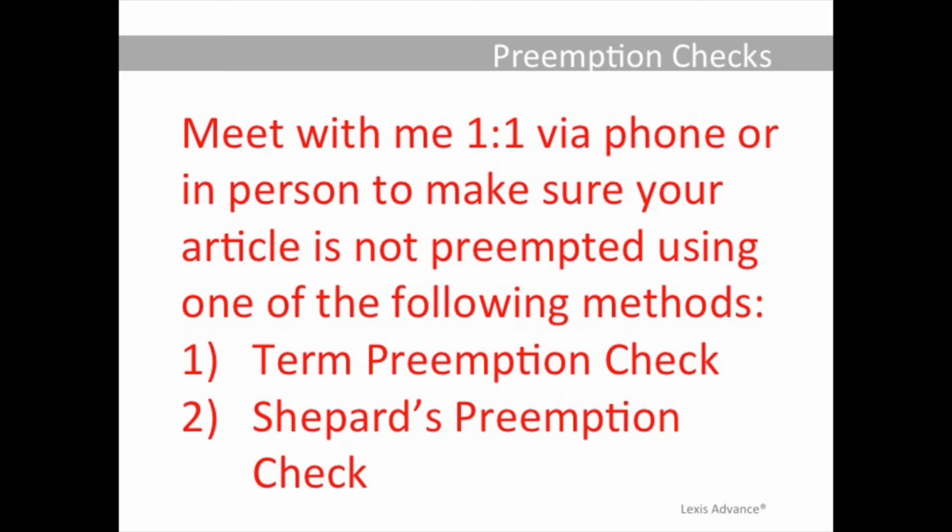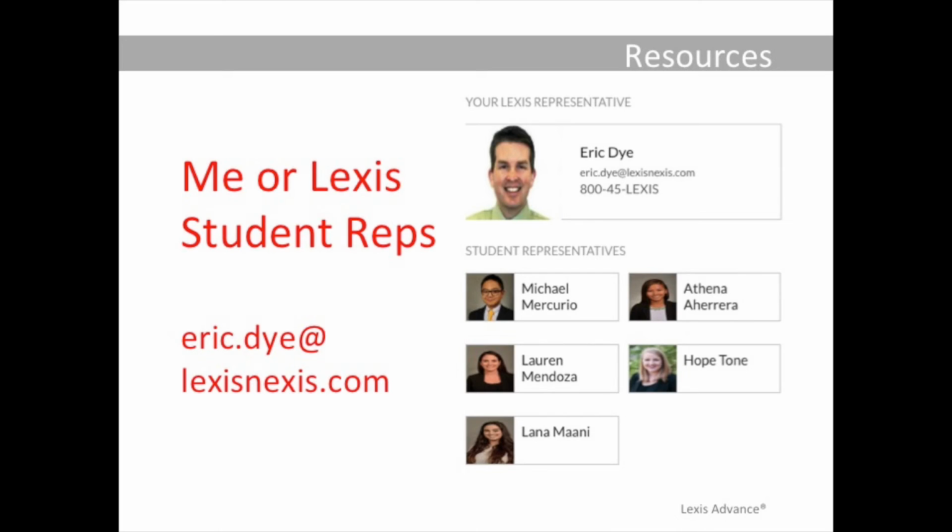Because you're focusing so carefully on a particular case or statute, if another law review article is going to preempt you, they're necessarily going to have cited to that case or statute, and you find them using a Shepard's report. So these are the ways that we're going to take a look at whether or not you're preempted when we meet. So I know that was a lot of information, but hopefully you have some good hints now on what things to take into consideration before you actually pick your note topic,